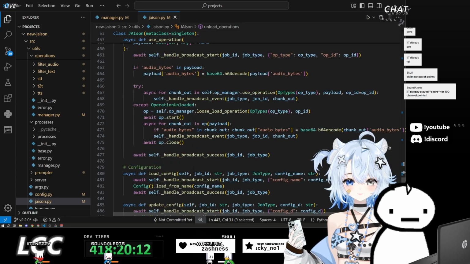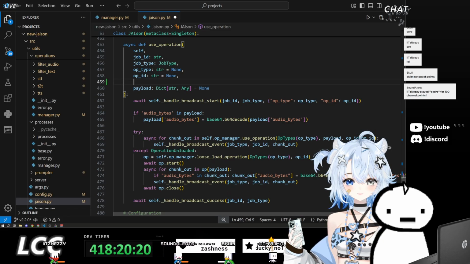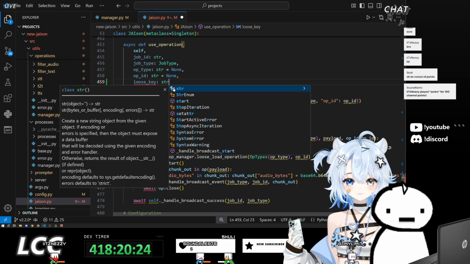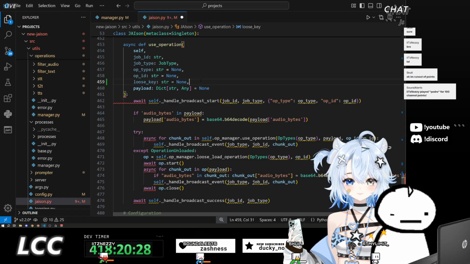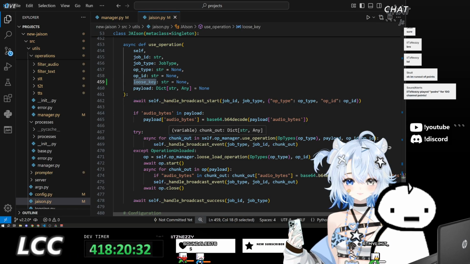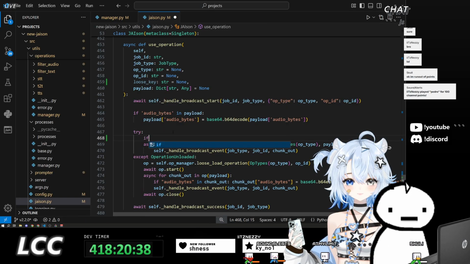Use operation. We can also pass in a loose key for this as well. And that'll allow us to use this with loose operations as well. If loose key.